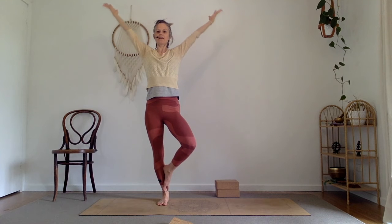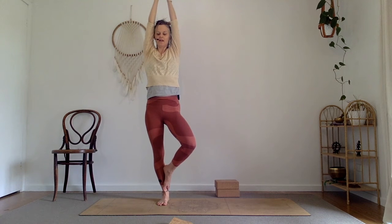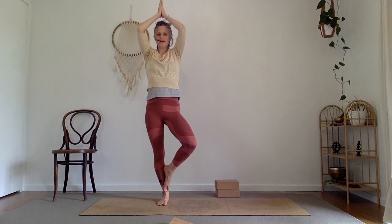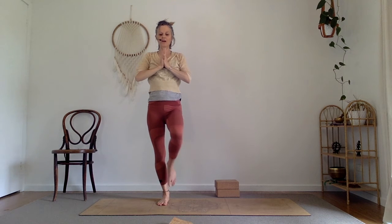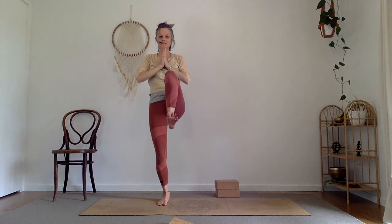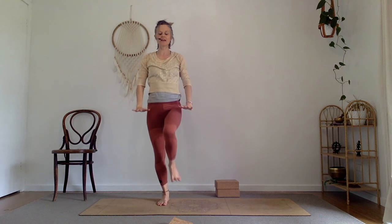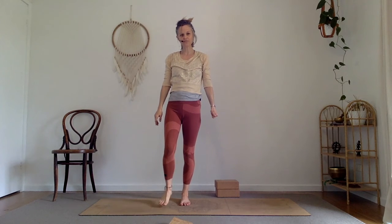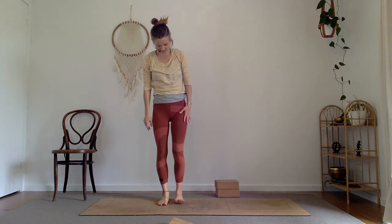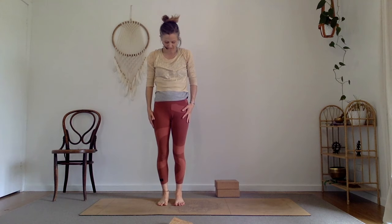Now bring the hands up overhead, palms together and down in toward the heart space. And bring the right knee in toward the chest, really slowly here. As you exhale, bring the hands and the foot down to the floor. And you might like to shake out that other foot, noticing how that's feeling and changing, having built that strength